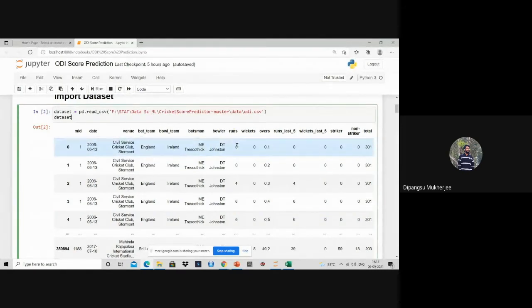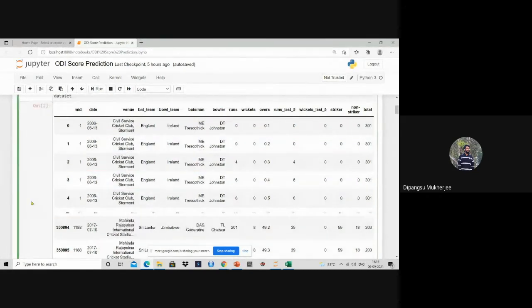Runs per ball will be there, and wickets per ball will be there. Overs, that means 0.1 over means first ball, 0.2 over means second ball, then third ball, fourth ball, fifth ball, like that. Runs last 5 means runs in the last 5 overs, and wickets in the last 5 overs. The striker score and the non-striker score per ball, and based on all these features, we will have to predict the total score.